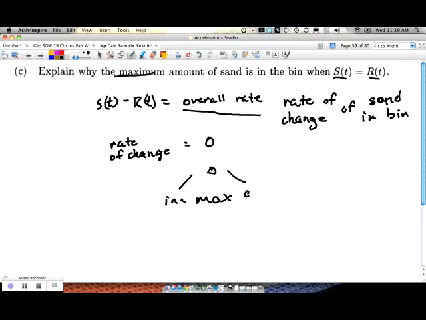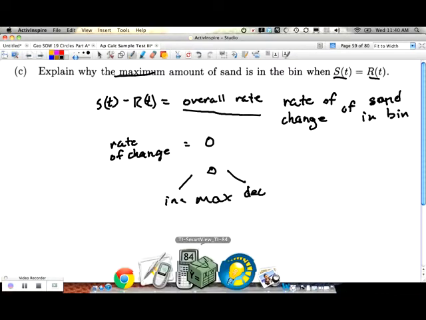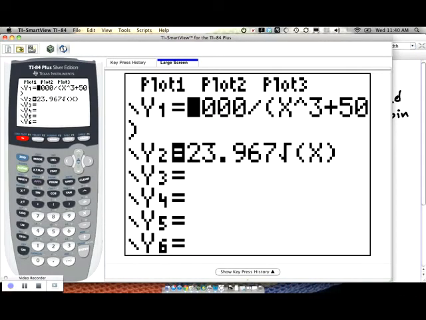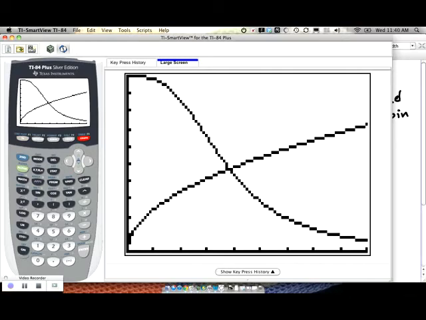Well, how do I know this? If I look at the two rates, let's come back here and look at them. I'm going to turn this first one back on. So now let's look at the graph. Notice that before that point where they equal each other, the positive one is greater and the